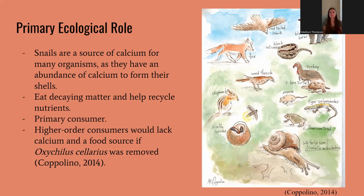And the analogy for this that can kind of show the severity of what would happen if they were removed from the ecosystem is that of Silent Spring by Rachel Carson. As she noted in her book, when DDT was causing severe harm to the calcium production availability of arthropods, meaning that arthropods couldn't produce calcium because of the chemical reaction with DDT,